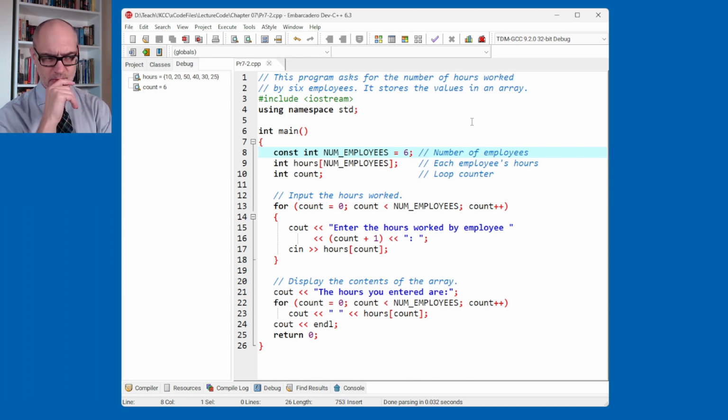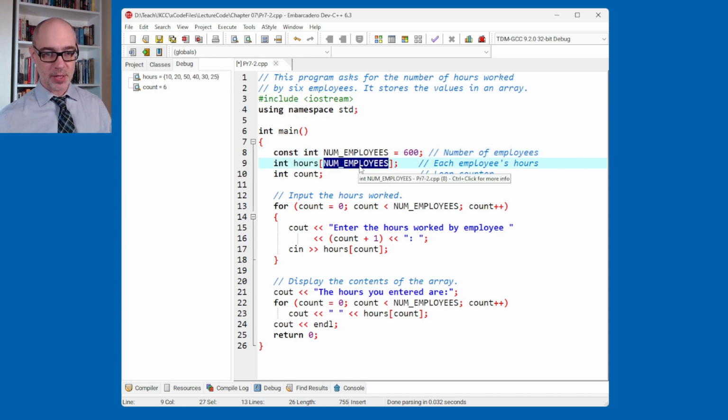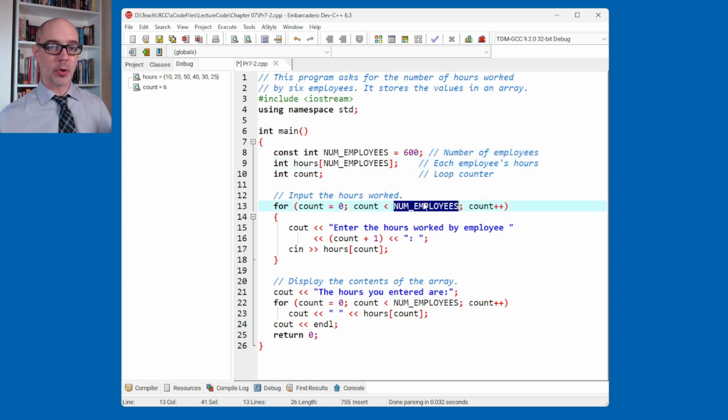Hopefully it's obvious. The only thing you need to change is up on line 8. Just change this number. That's it. So where I have a 6 right now, just make that a 600. And the nice thing, the really smart way that this program was set up with the named constant num employees is if that's 600, then that change flows through to every place where that gets referenced. So now the array on line 9 will be size 600, and the input for loop will happen 600 times, and the output for loop will happen 600 times,